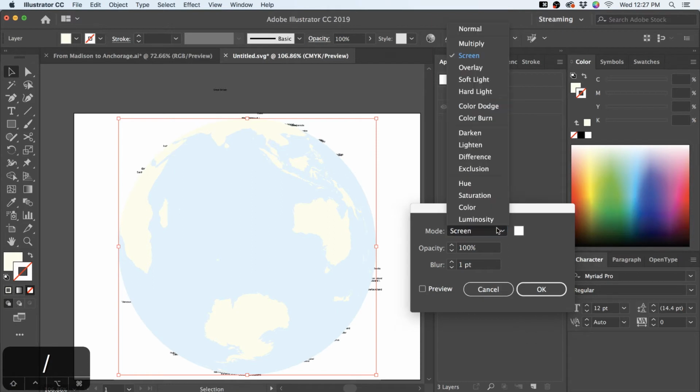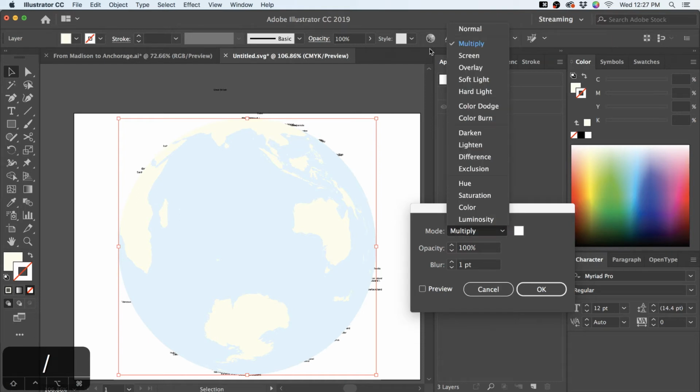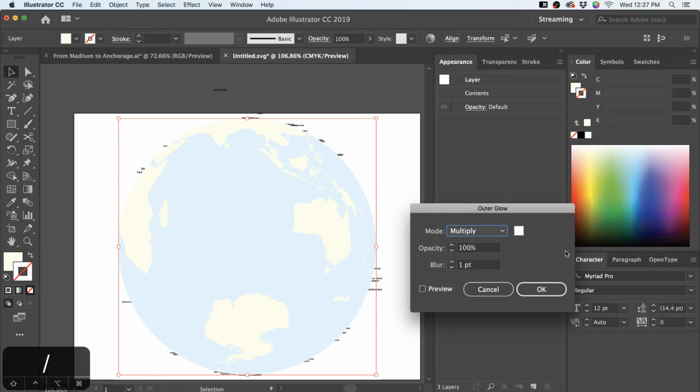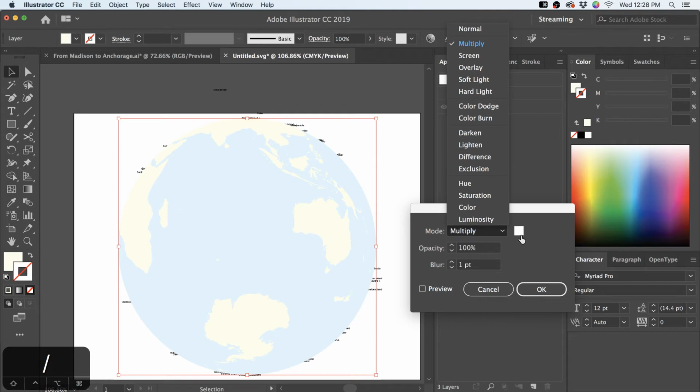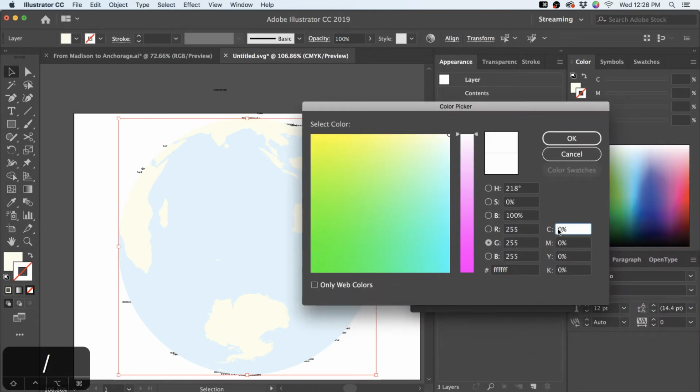And I don't know why the default is always screen, but the only two blending modes you almost ever need in Illustrator are normal and multiply. Multiply is just kind of like mixing colors together. So if you multiply purple and multiply blue on top of magenta, it's going to give you something purplish. So what I'm going to do here is go with something like a dark blue.